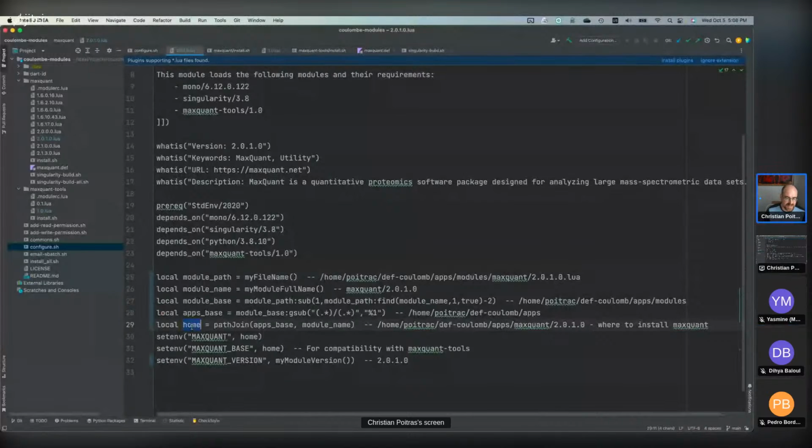So the next thing is the home directory of the app that's going to be installed. That's the apps base, to which I'm appending the name of the modules. So that's going to give me the apps/MaxQuant with whatever version. So that's the location where MaxQuant is going to be installed. So I want to save that home